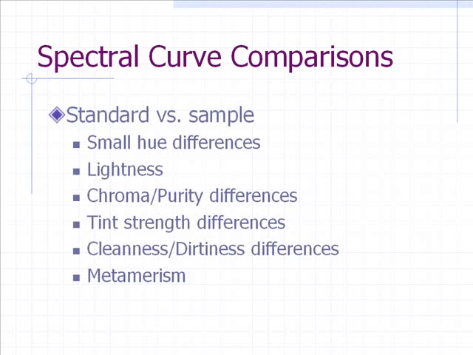So we can use our curves, the curve of a standard and the curve of a sample, to find small hue differences between them, lightness differences, chroma purity differences, tint strength differences, whether it's cleanliness or dirtiness differences, whether it has metamerism. So some of those things we talked about in the first section, use them for help identifying differences